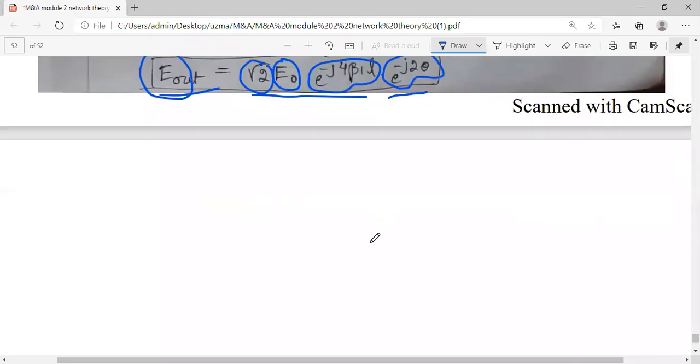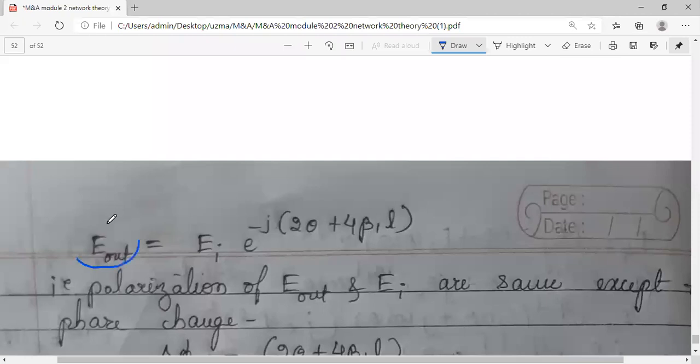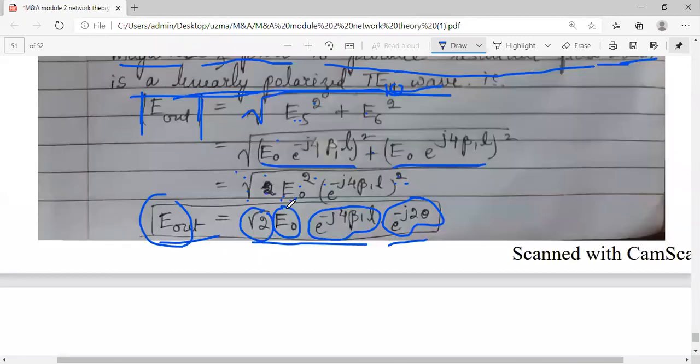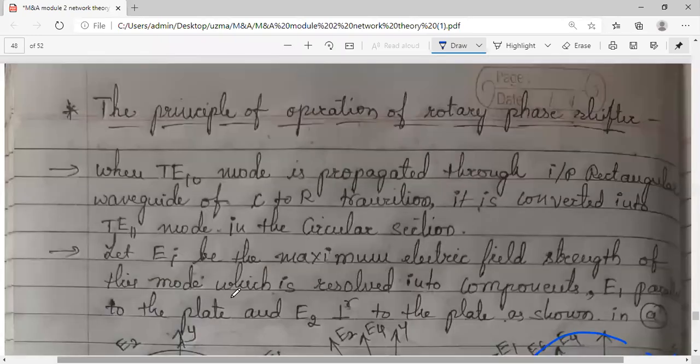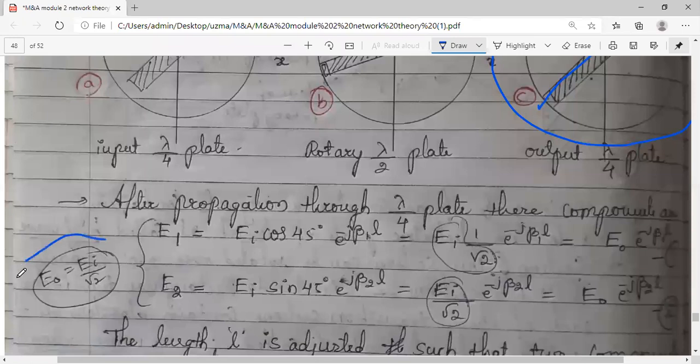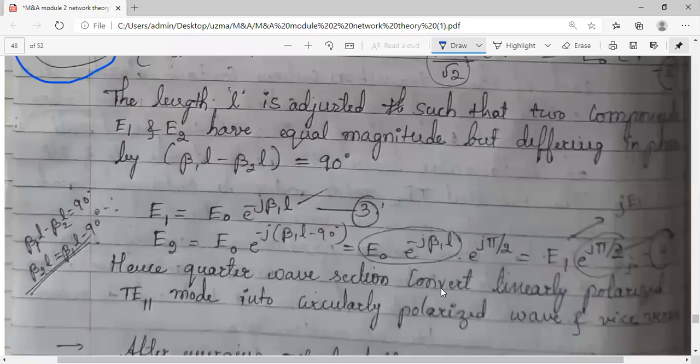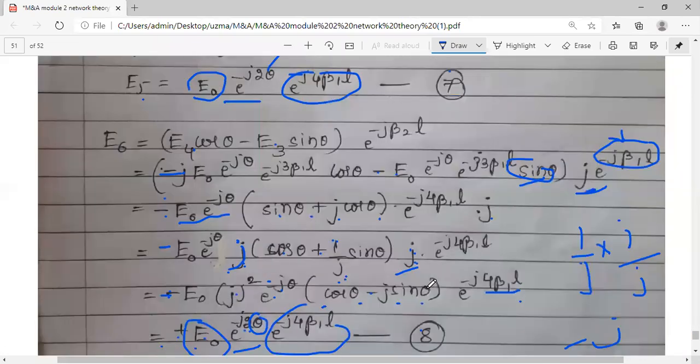So from this equation, finally we can conclude that your output is, okay, what is this? Root 2 E naught. Initially, when we got, EI by root 2 is equal to E naught, we substituted that. Just try to recall it. In equation 1 and 2 we have done that. Okay, I'll show you the slide. You can recall it. E naught is equal to EI by root 2. We have replaced it here. Okay, so again, if I resubstitute those with some simple rearrangements, what do I get?